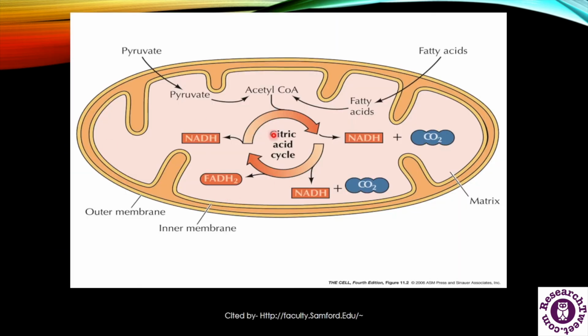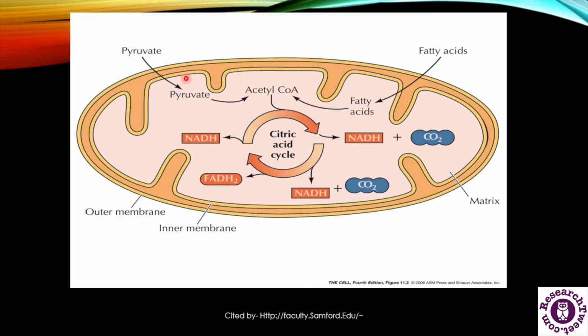Here this is the structure of the mitochondrial matrix. Here we can see the outermost membrane of the mitochondria, and this is the inner membrane which forms foldings called mitochondrial cristae, and in between these two membranes there is the intermembrane space of the mitochondria. On the inner side of the inner membrane, this is the mitochondrial matrix, and in this image we can see different types of reactions which are completed in